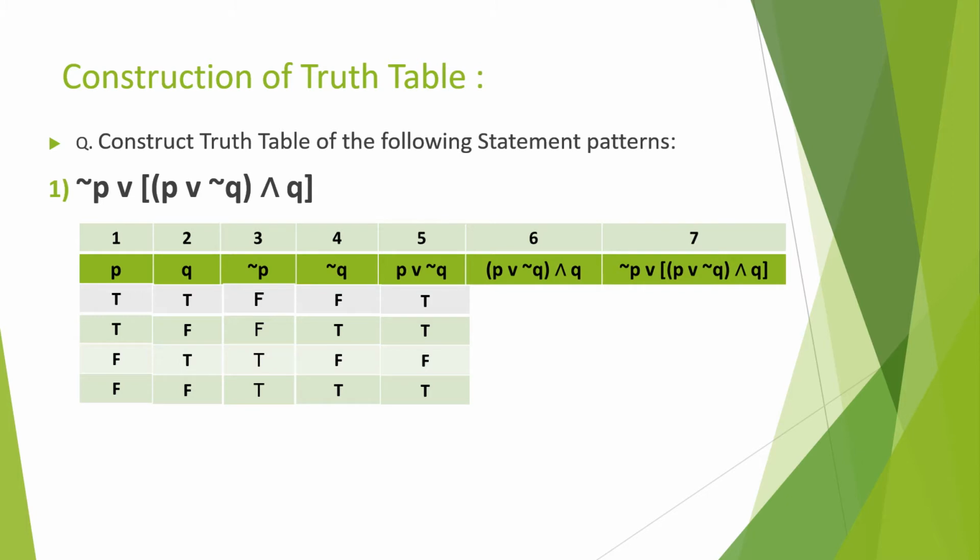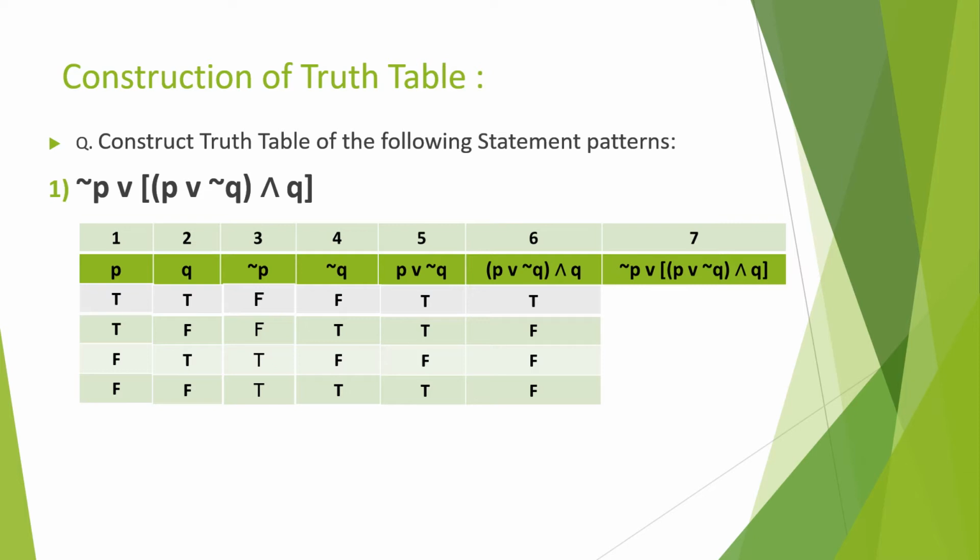For the next column we have P or negation Q, that is the fifth column, and Q, that is the second column. So consider column number 5 and column number 2. In between we have conjunction, and the rule for conjunction is, if one of the statements is false, it is false. So the first row is TT, that's why it is T. In the next ones, one of the statements has truth value F, so that's why FFF.